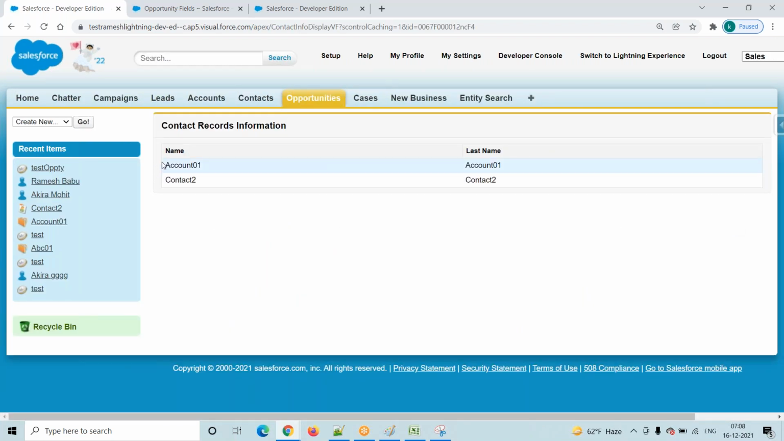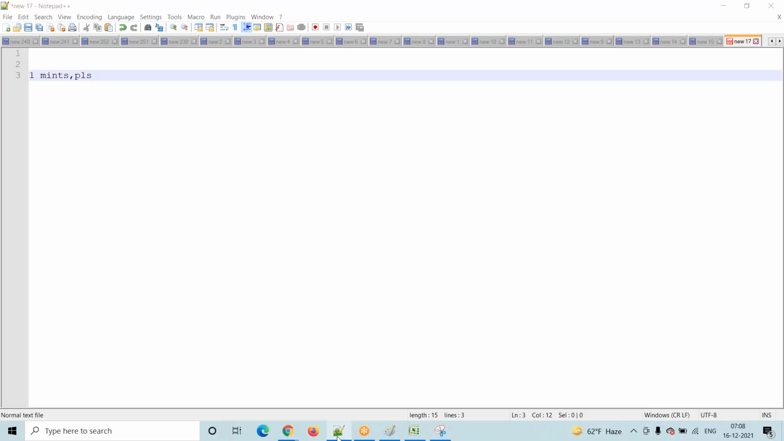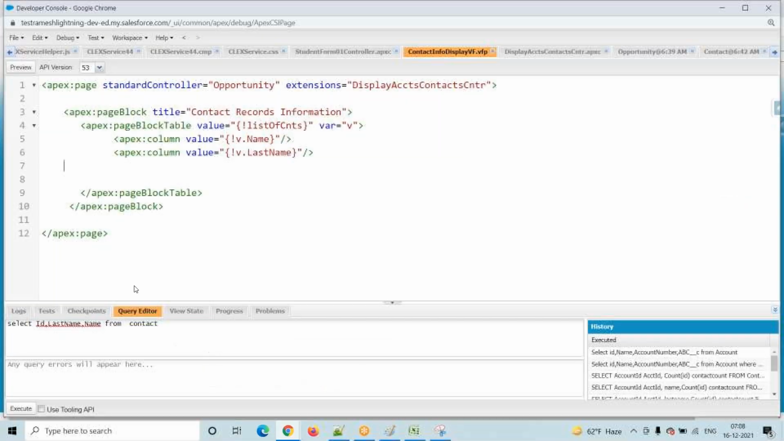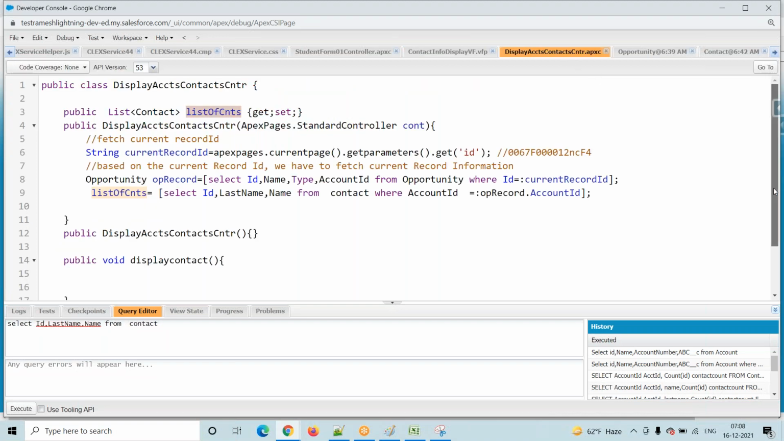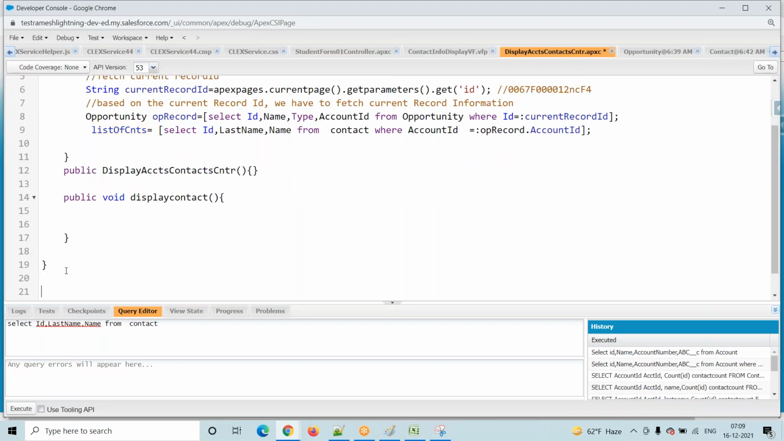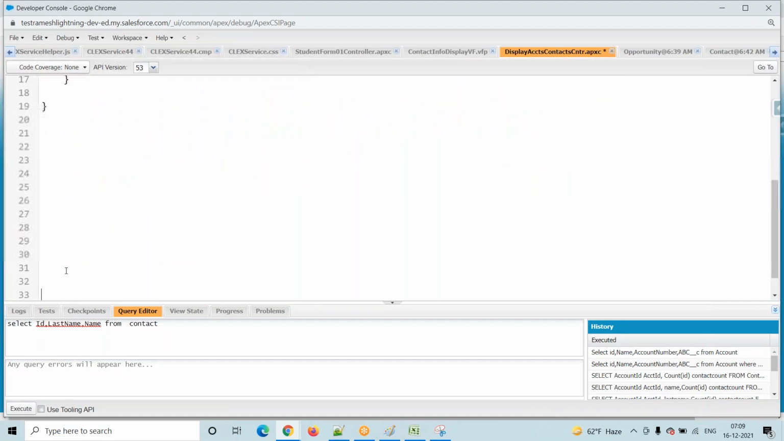how to display this checkbox plus contact record information plus opportunity record information. In a single row we have to display it. That is our target. In a single row we have to display account record information, contact record information. How to display? That is our next target. In a single row,